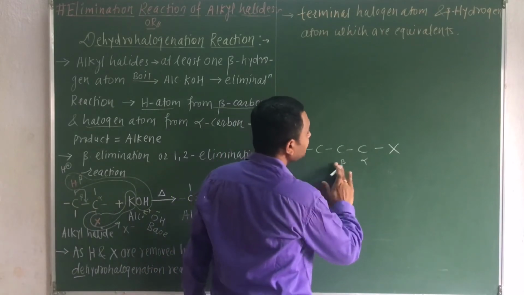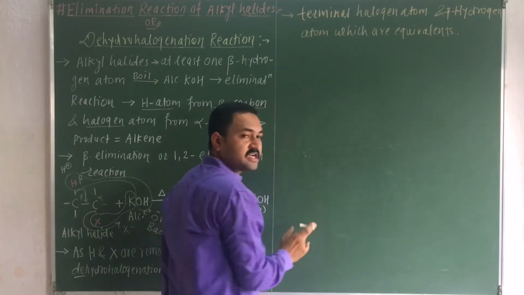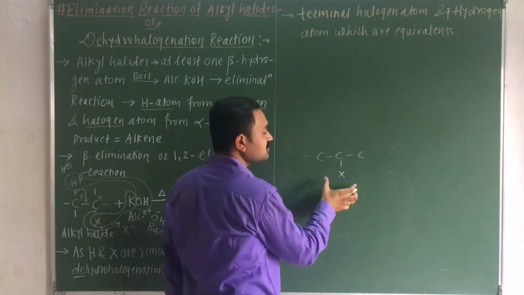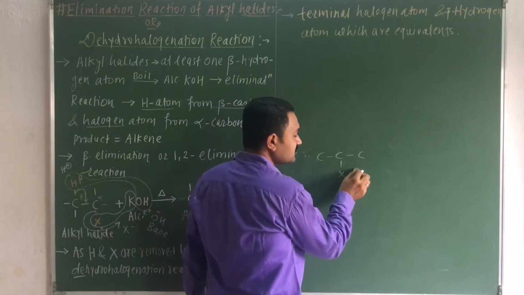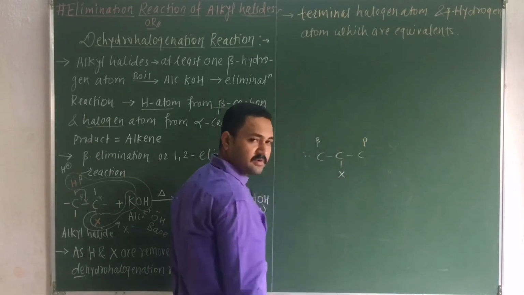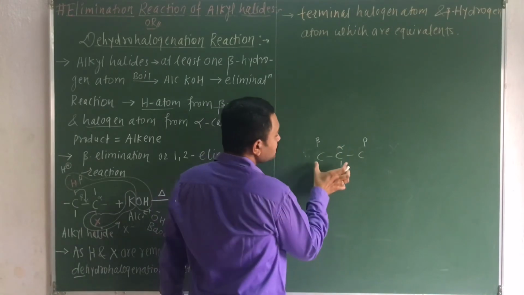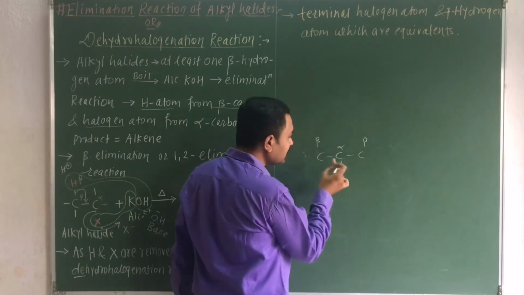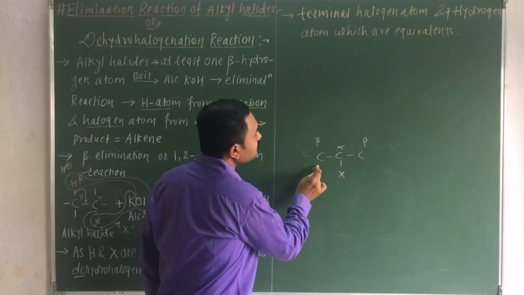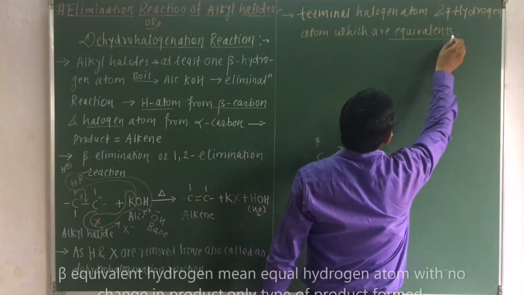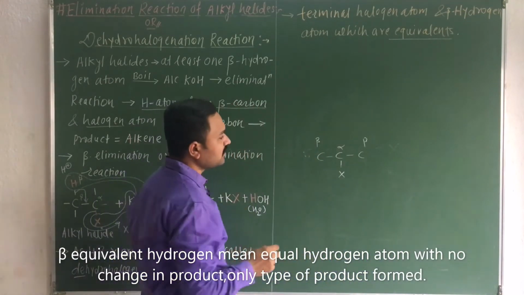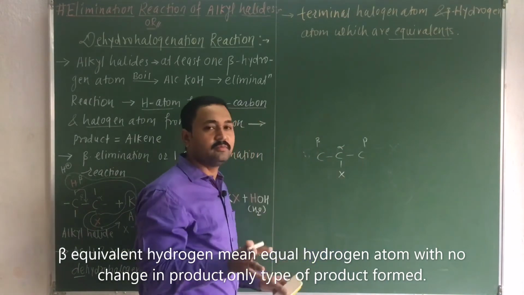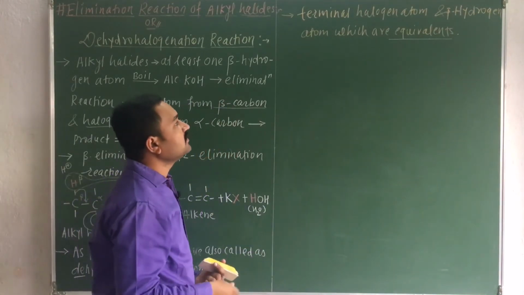Okay, no doubt. Again we will consider those reactions in which this is another molecule in which this carbon atom will be the beta carbon atom, as it will be the alpha carbon atom. So we get only one product, whether we remove the beta hydrogen atom from this carbon atom or this carbon atom. Those beta hydrogen atoms are known as equivalent beta hydrogen atoms. So either you remove hydrogen atoms from this carbon atom or from this carbon atom, you will get only one product. Okay, so now let us consider the example.